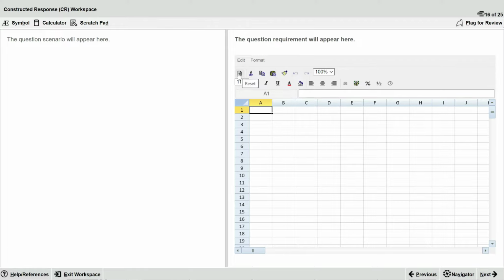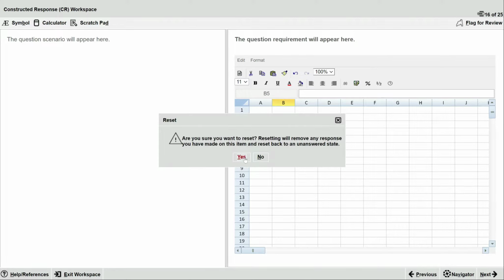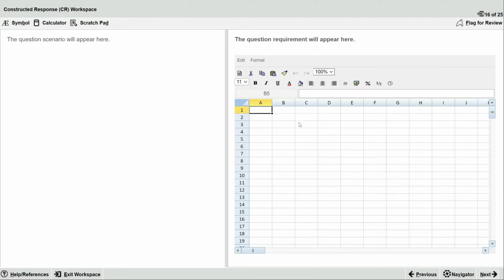So first you have the reset button, which is simply that if you want to reset your entire spreadsheet. So you've done all your working in the spreadsheet, but you find out that everything's wrong, you press the reset button and the spreadsheet will become blank once more. Usually I would not recommend using this because it's very unlikely that you've done everything wrong and you actually do need to reset it. But the key point is be careful, don't accidentally click on it because you might lose